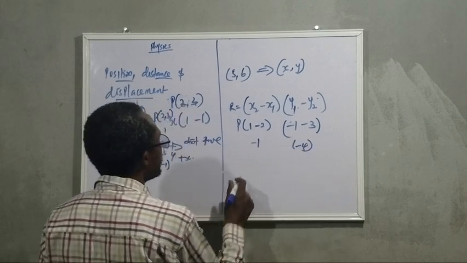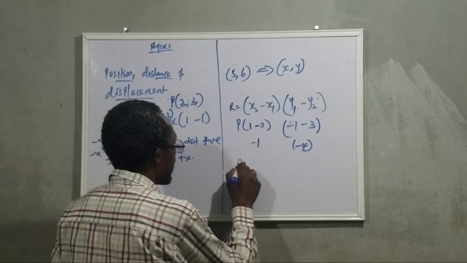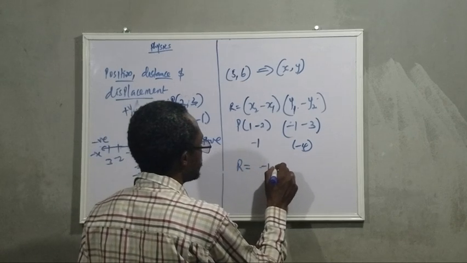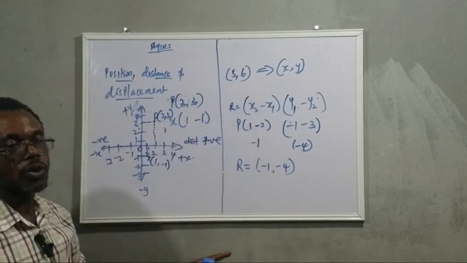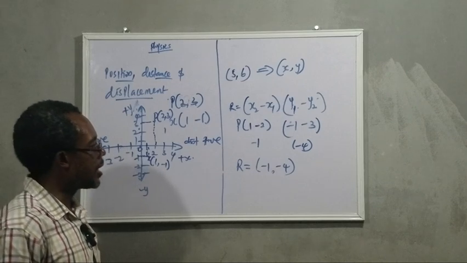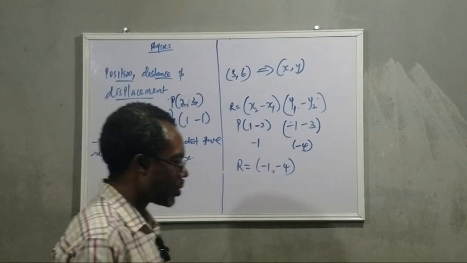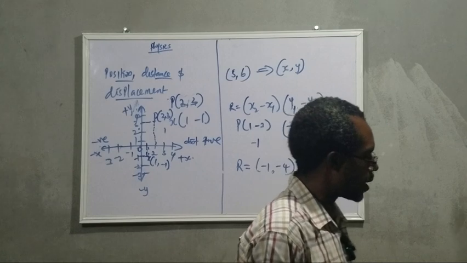So the resultant value for this will now be r is equal to minus 1 minus 4. This becomes the resultant value of these 2 points. Now the next concept we want to quickly look at before we start thinking of solving questions later is the